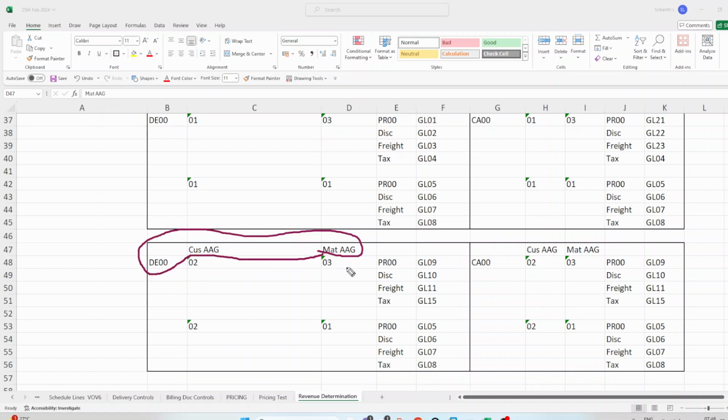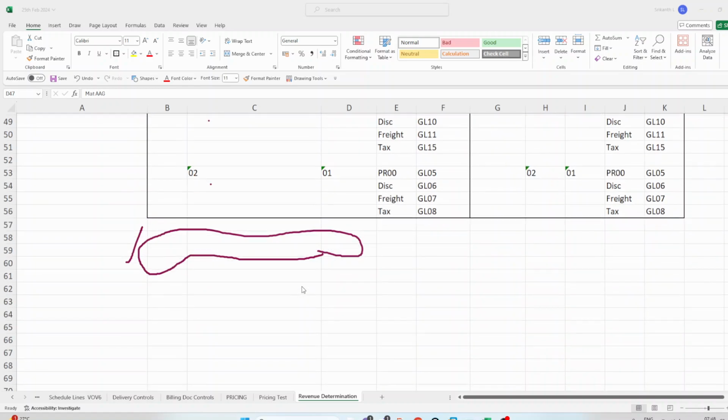No. So generally it depends on the business requirement. Depending on the business requirement, most of the scenarios will maintain GL accounts in this combination. But your business says, okay, I don't want to differentiate my GL accounts based on the customer, but it has to be based on my material. So in that case, what you can do is,